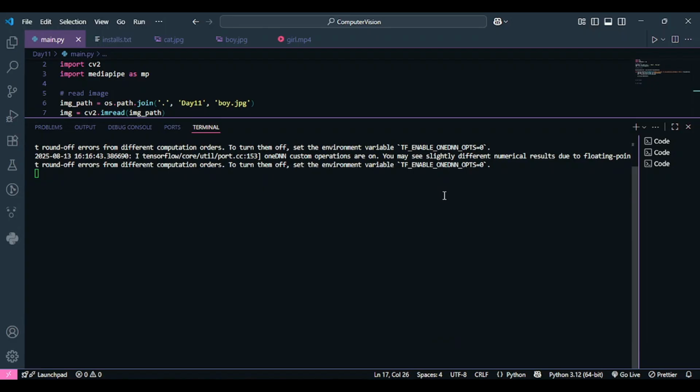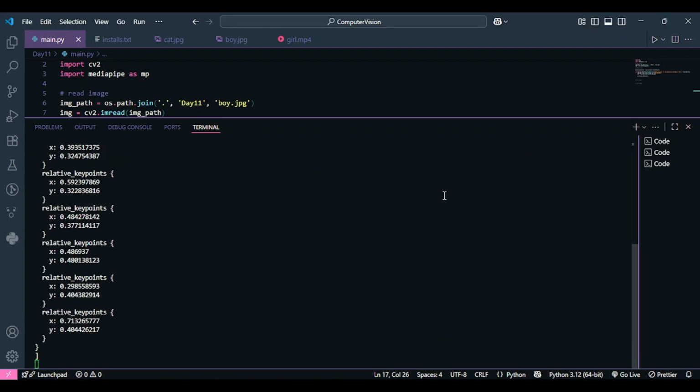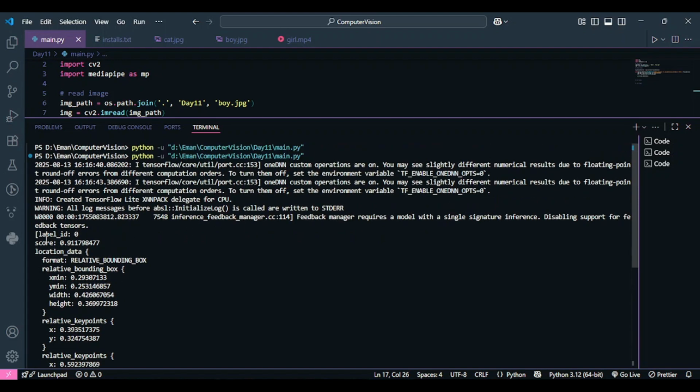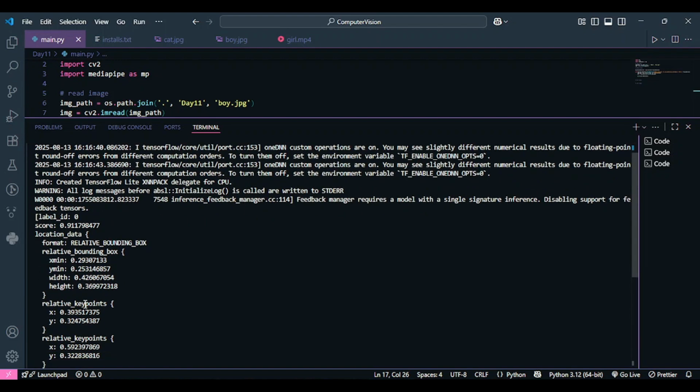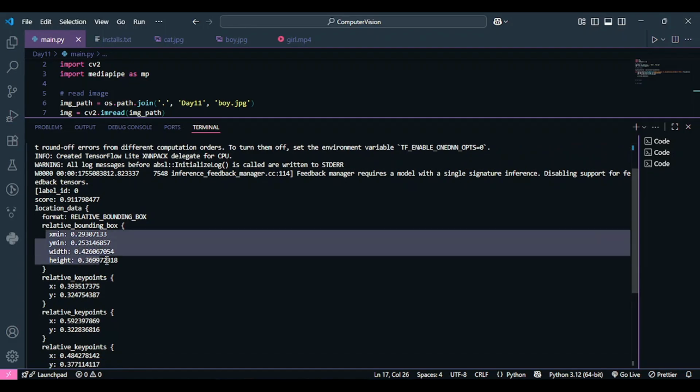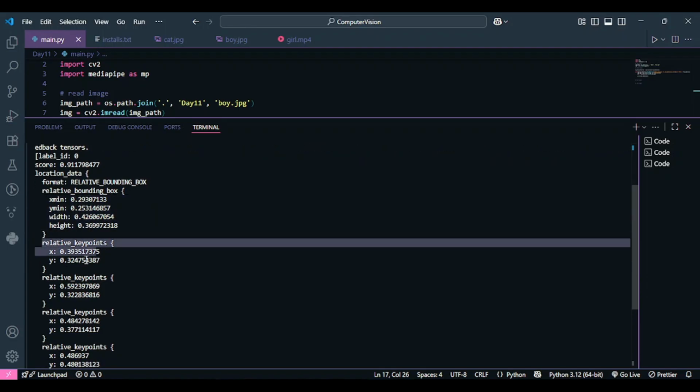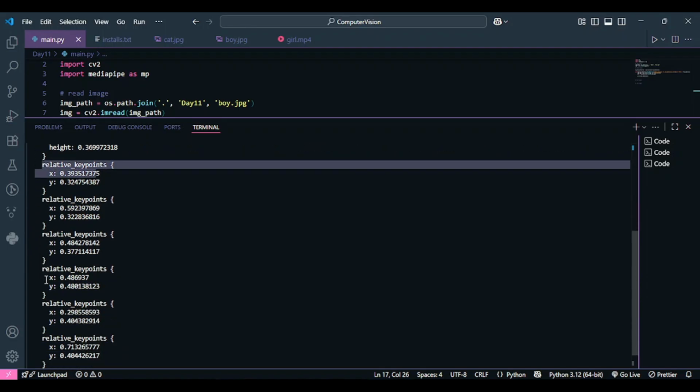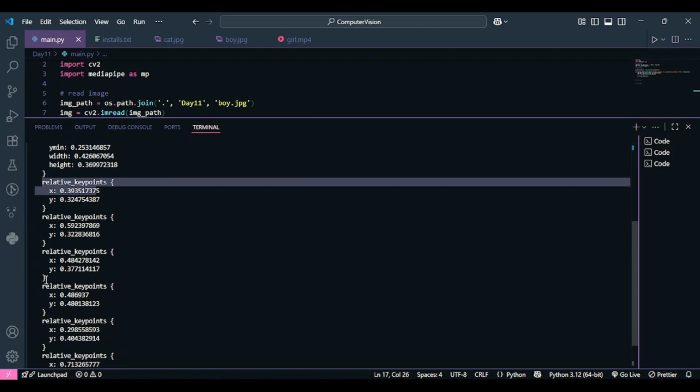Okay, so we just have to wait. And yes, so it returned something to us, it returned a list. Okay, and these look like the coordinates of the face, right? These look like the x, y coordinates of the top left corner of the bounding box, right? And these are the width and height of the bounding box. So it has successfully detected our face. Since we only had one face in our image, we only have one set of coordinates. Then over here we have some relative key points. We are not going to use these relative key points because these are the landmarks of the face, and we are not concerned with that at this point.